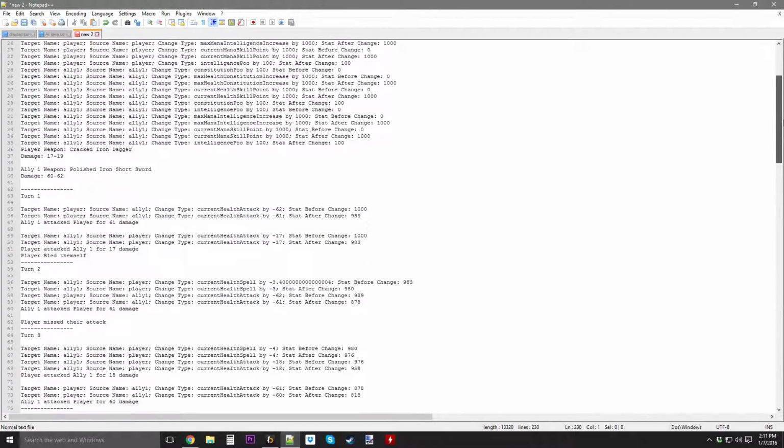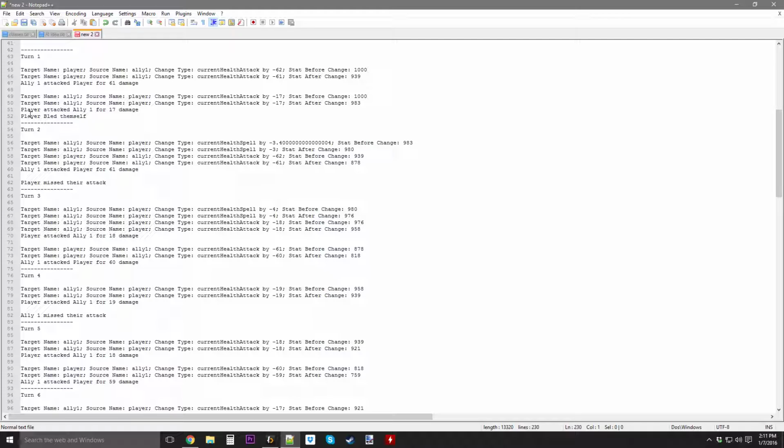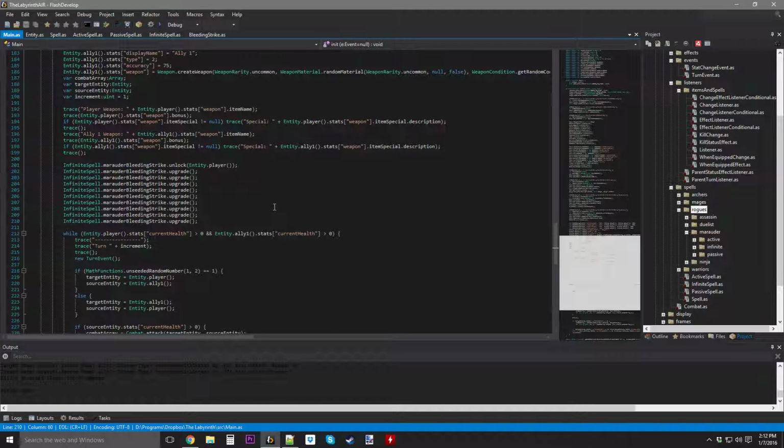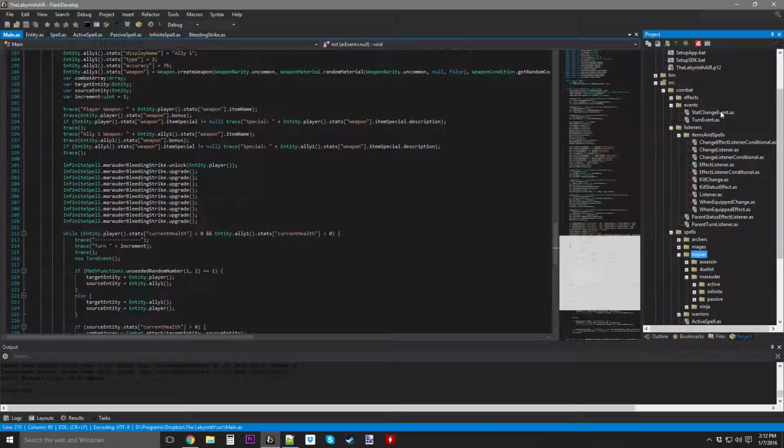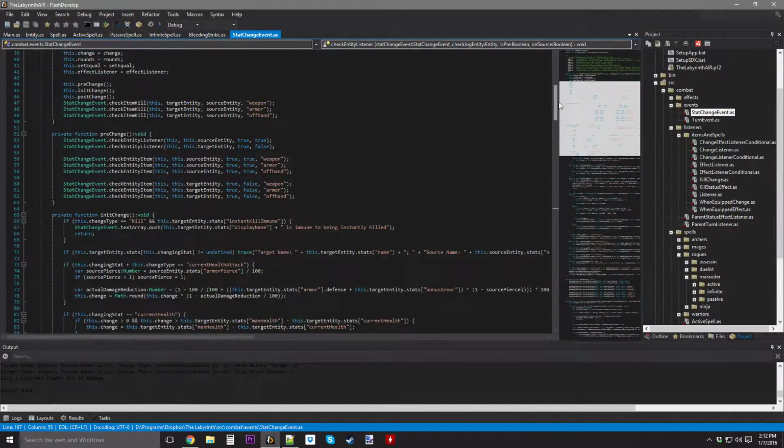Oh yeah, it looks like it. Yep. Okay, so we did get one. Player bled themselves. Okay, that doesn't seem true. Okay, so the bleed does go through on the proper target, but it's saying that the player bled themselves, which is interesting. So that's a problem with the status effect or stat change event. So we gotta go in here, because what it does is